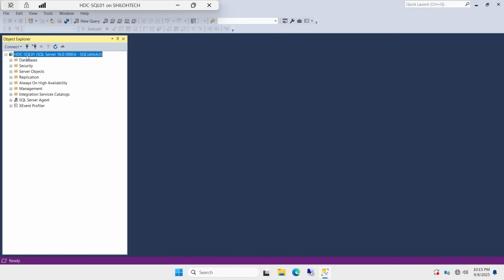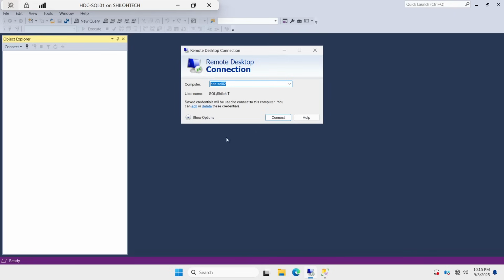And again, the name of the SQL server is HDC SQL01. You see right there? And the name of the server is HDC SQL01. So they have the same name, and sometimes we interchange them. We talk about the two things as if they are the same, even though they are different. So one is an instance and one is a server. All right. That being said, let me close from here